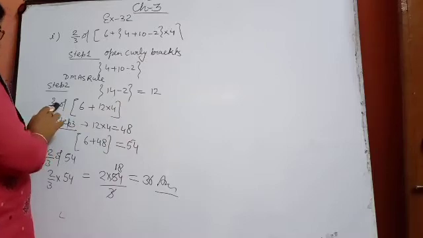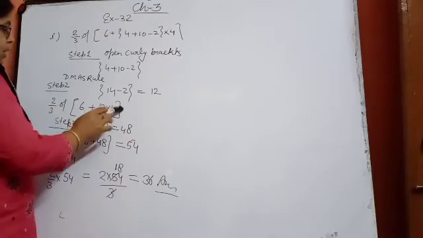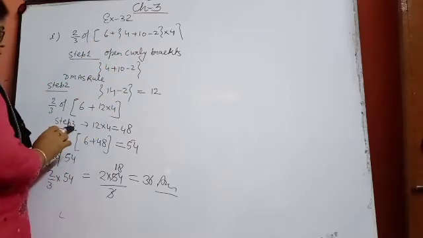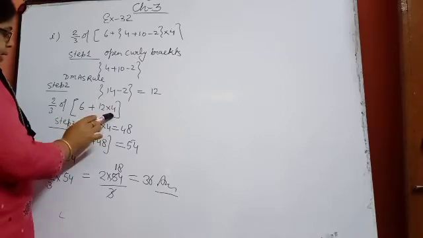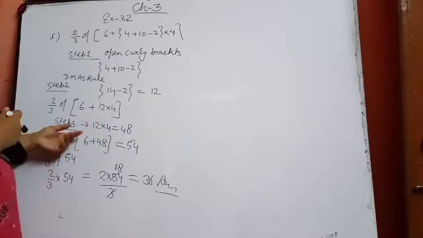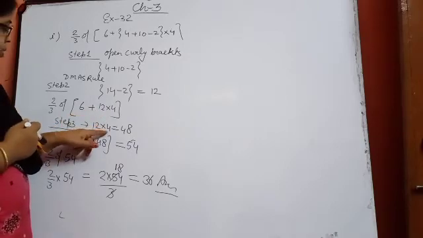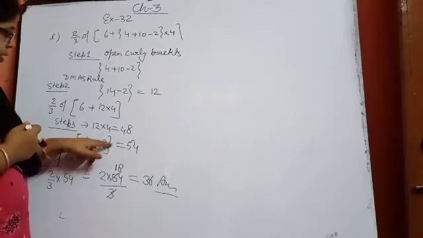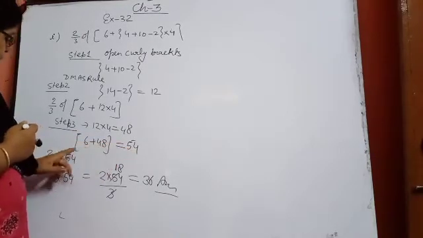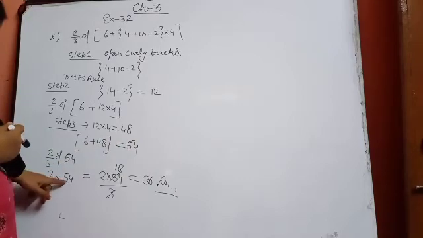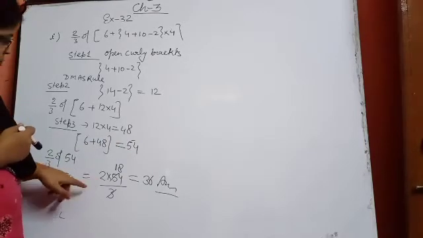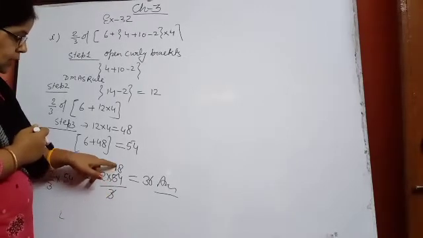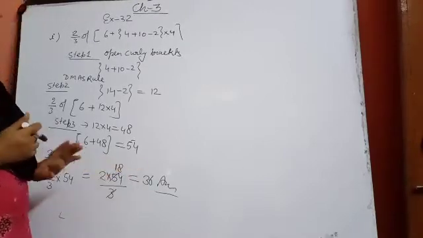What will the question become now? 2 upon 3 of 6 plus 12 into 4. Bracket closed, because these are in square bracket. Step 3 now. Again inside of the bracket, more than 2 fundamental operations are there. So 12 into 4 is equal to 48. So inside of the bracket what will it become? 6 plus 48. Add it now, it will become 54. 2 upon 3 of 54. Of means always multiply. 2 upon 3 into 54. It means 2 into 54 upon 3. 3 and 54 directly comes in the table of 18, and 18 twos are 36 will be your answer.